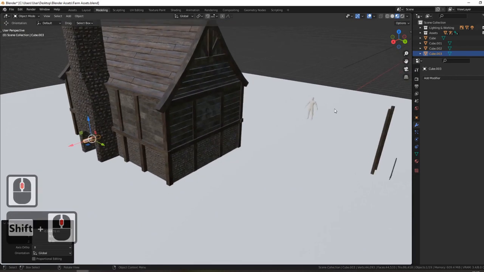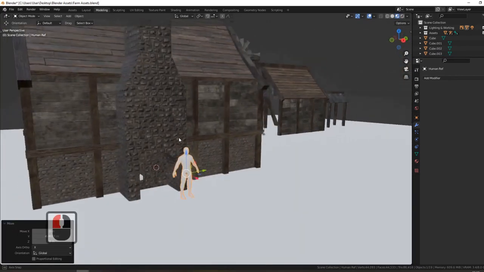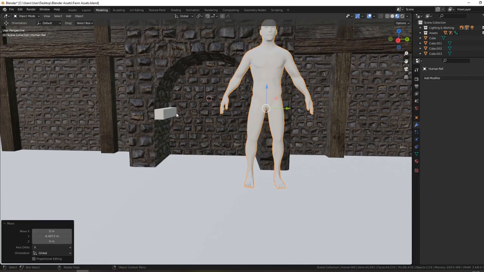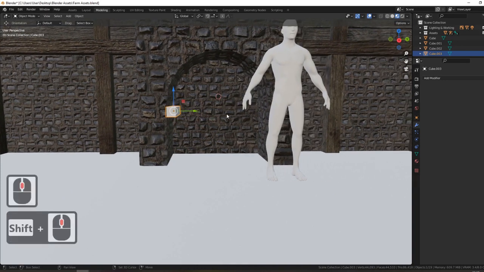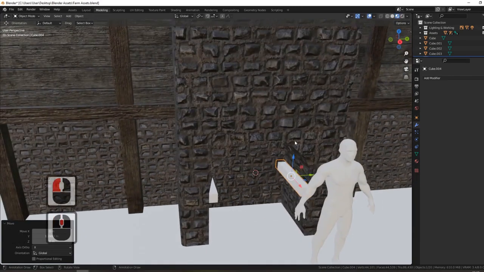I'm going to grab my man, bring him round, because I've got an idea of how big the logs need to be, so I can actually see from this man stud here whether these are too thick or not, whether they need to be pulled a bit lower. I think that looks about right, actually. So now what I'll do is I'll press Shift D, I'll bring it over to the other side,